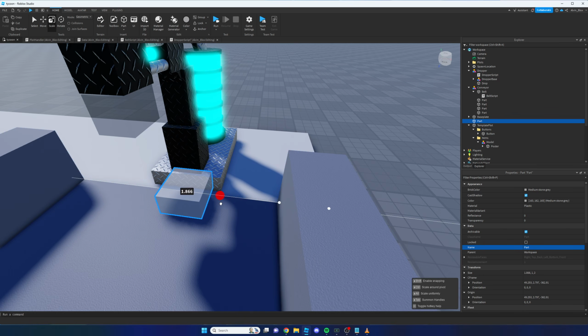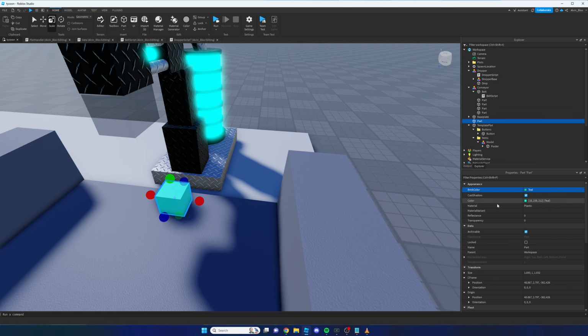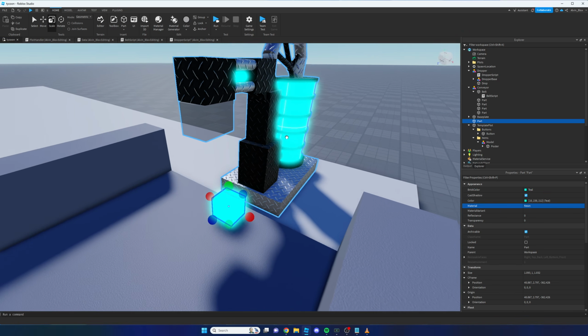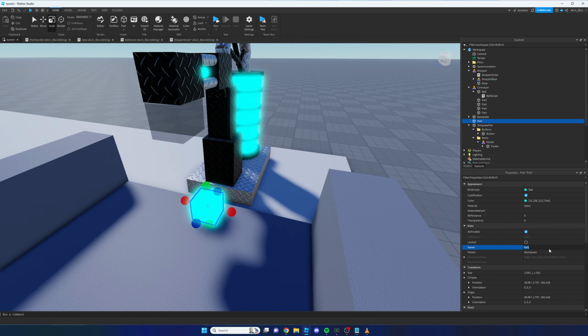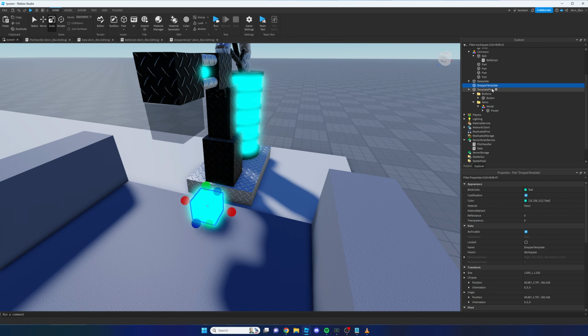So for me, I just want a small square part. Okay, I'm going to make it neon blue because it seems to be what this dropper looks like. You can customize it however you like, and I'm just going to call it dropper template. Okay, and I'm going to then take this dropper template and I'm going to put it into server